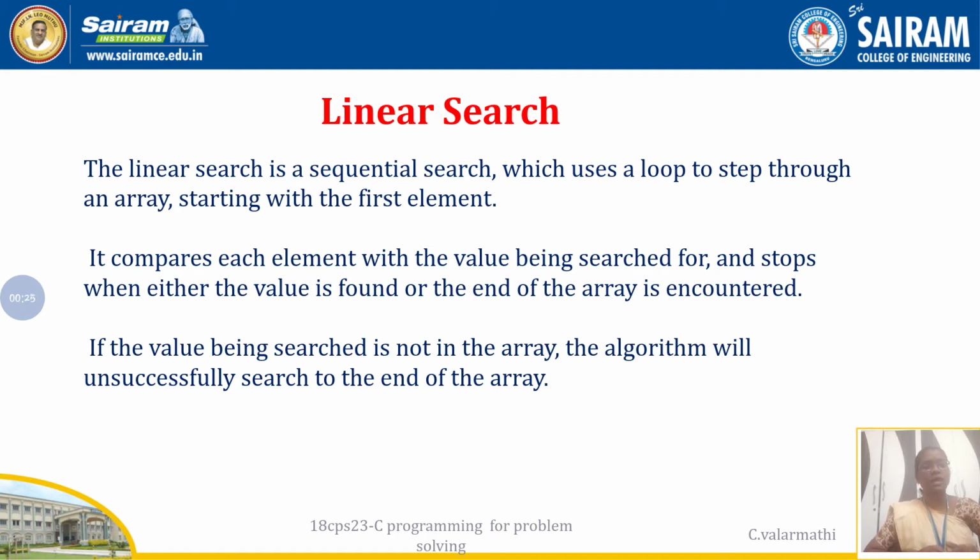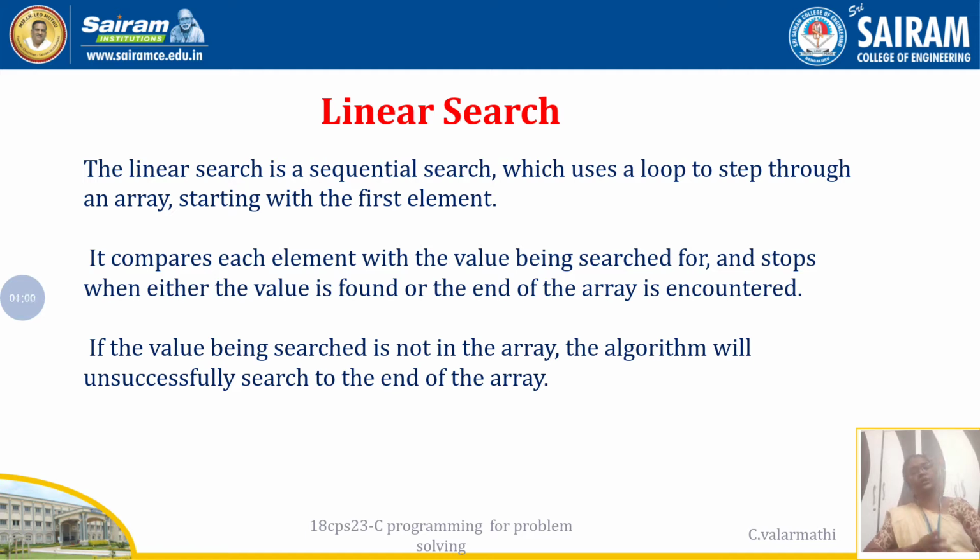It will start by comparing the searching element with the first element, till the end of the elements. Okay, so it will perform the searching in a sequential way. Starting from the first element, the searching element will be compared, and if it is not matching, it will go on to search the second element and then the third element. Likewise, it will be done in a sequential, ordered way. Okay, so it is a very simple algorithm, but it will take more time. So those are the advantages and disadvantages of linear search.